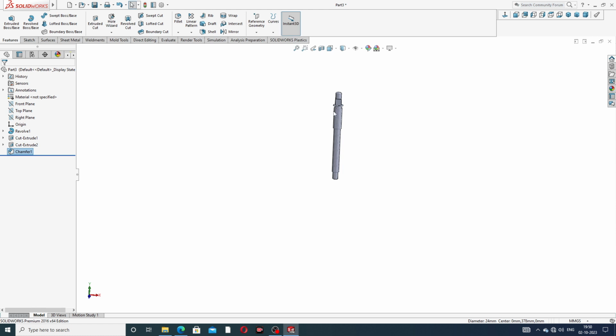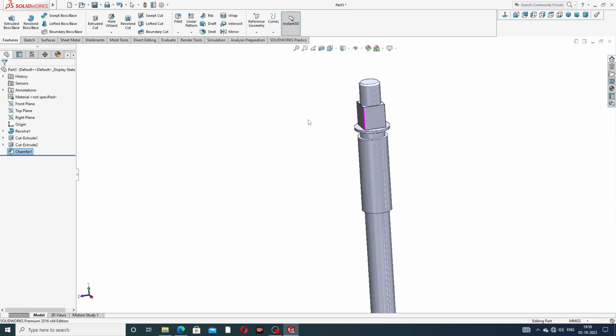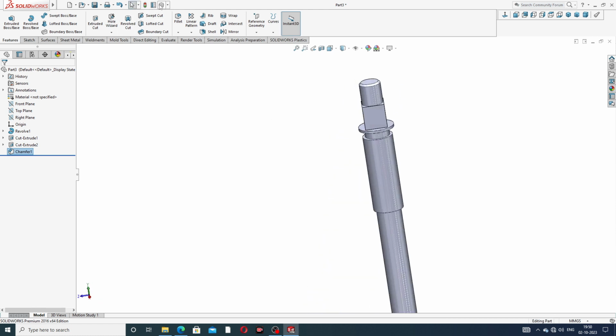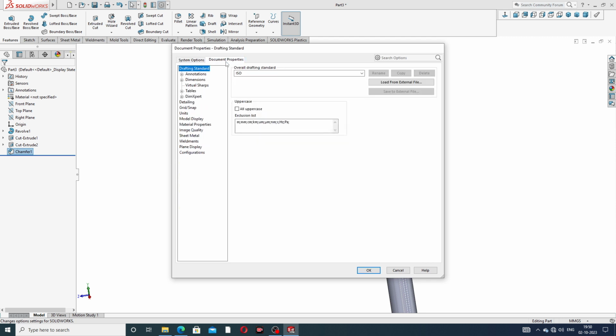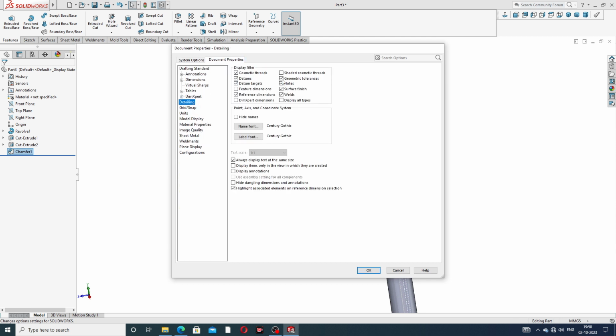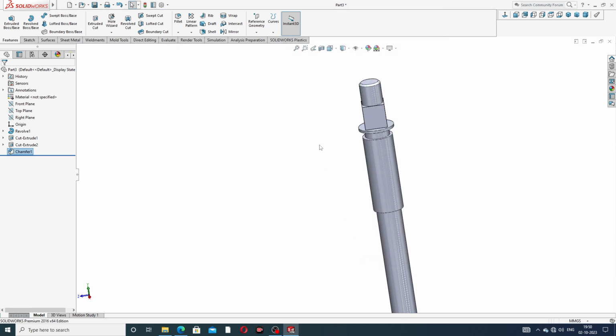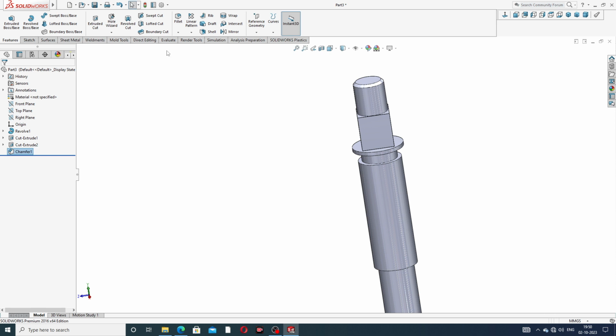Both side is perfect, and cosmetic thread is also perfect, because at first going to this option and document properties and detailing, and cosmetic thread is check here, because this is perfect, this showing here, and use a cosmetic thread.